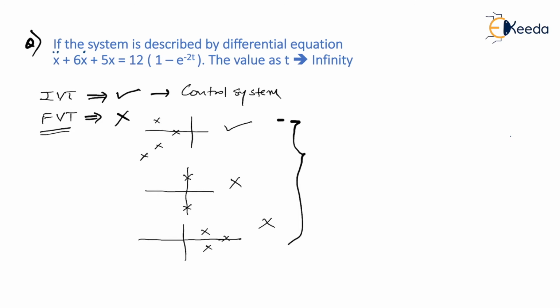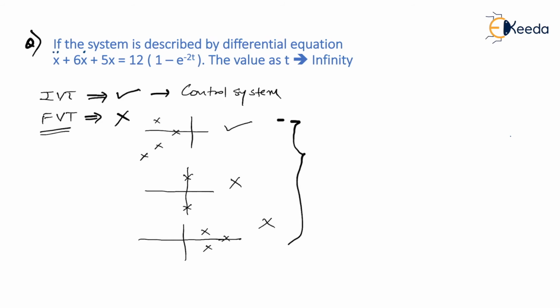They must have designed their question in such a way that even though it happens to be an unbounded system, if you still apply the final value theorem, you'll have some numerical value and you will find it in the options. And then if you tick that option, let me tell you, a negative marking will happen. So as I said, you have to be very, very careful. The final value theorem is not applicable every time.